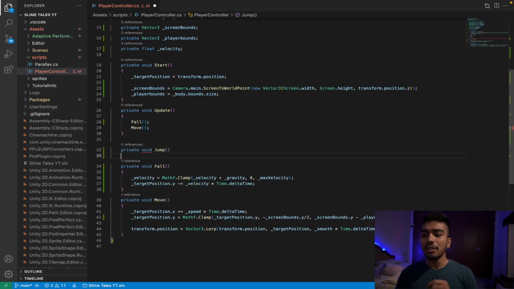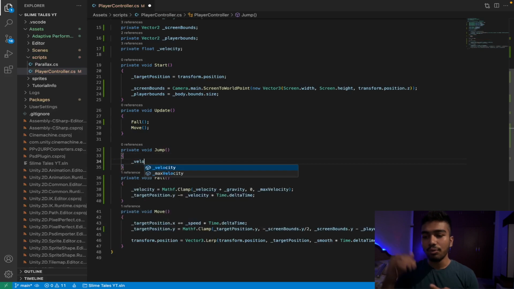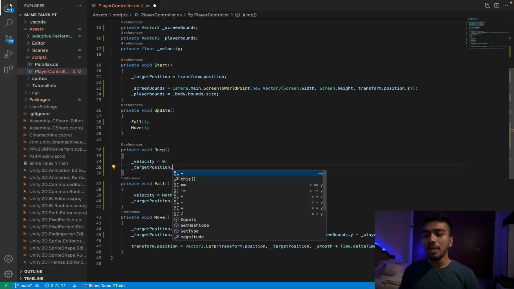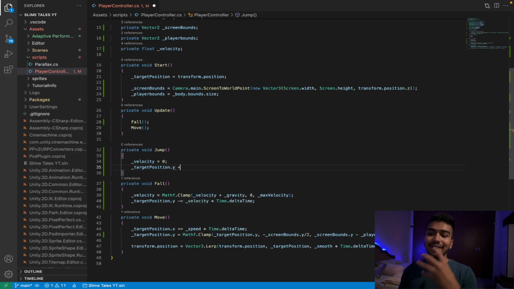So every time we call the jump function, we want the downward velocity of the player to be 0, and we want to update the y position by how much? By the jump force. Or rather, we want to update the target position of the player by the current target position plus the jump force which we have set up for the player. Okay, so that is the easy way to implement a jump function, and now we just want to call it